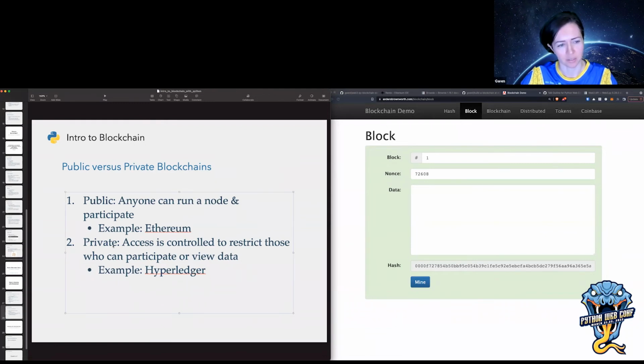I don't really want to go into that, but the only private chain that I've ever worked with is Hyperledger. So there's Hyperledger Fabric and Indy and a whole bunch of Hyperledger projects that are owned by the Linux Foundation. Those are really good blockchains if you want to learn about how private blockchains work, and you can spin up your own kind of network of nodes and play around with those.